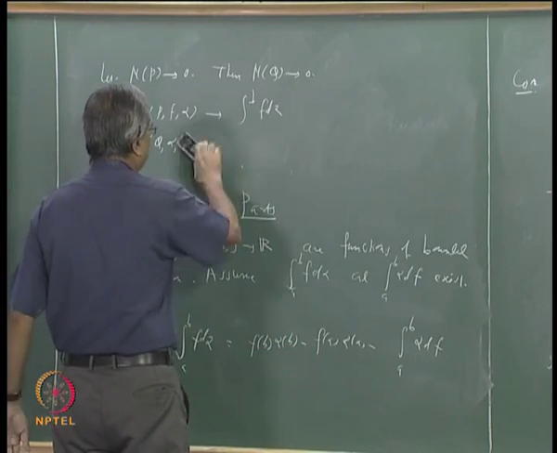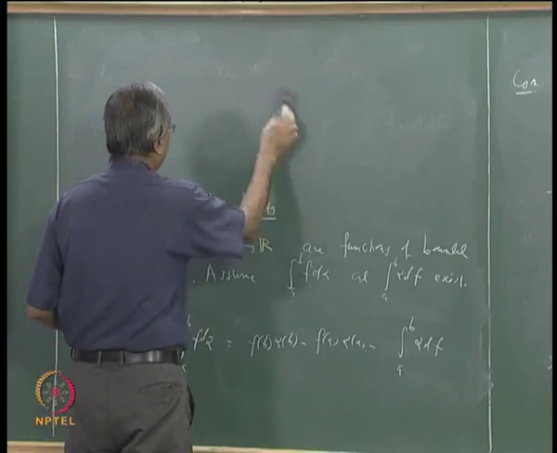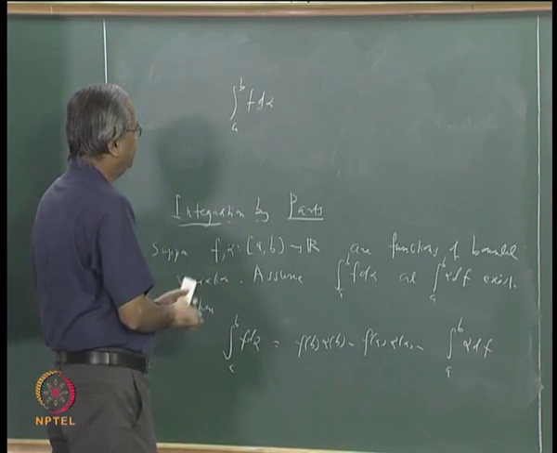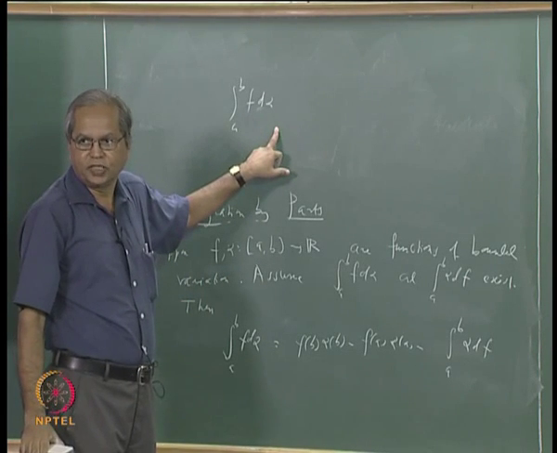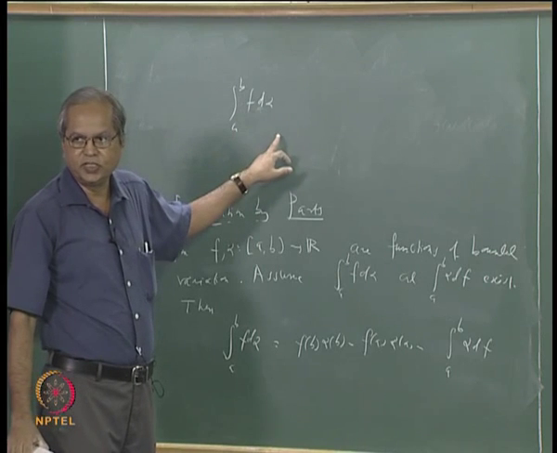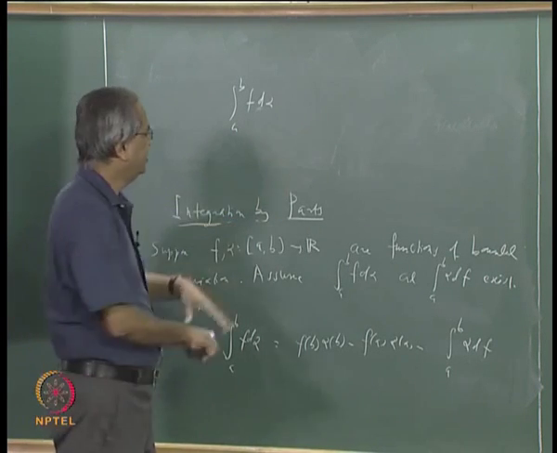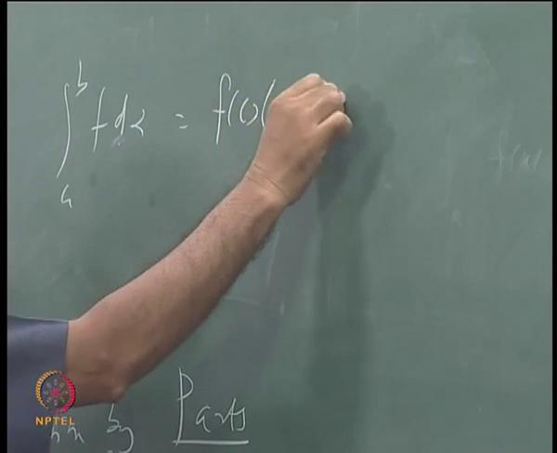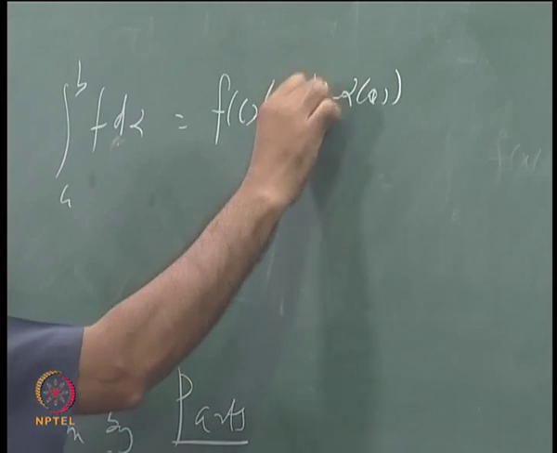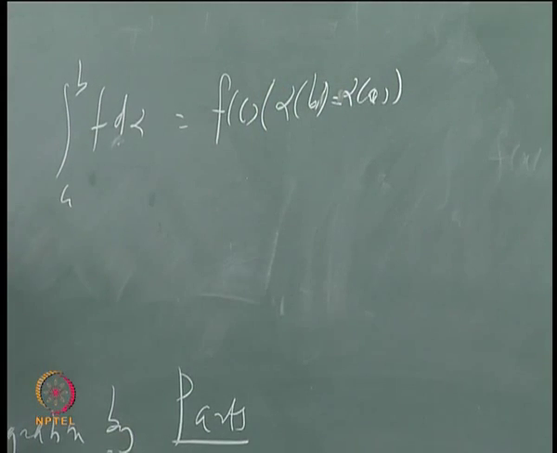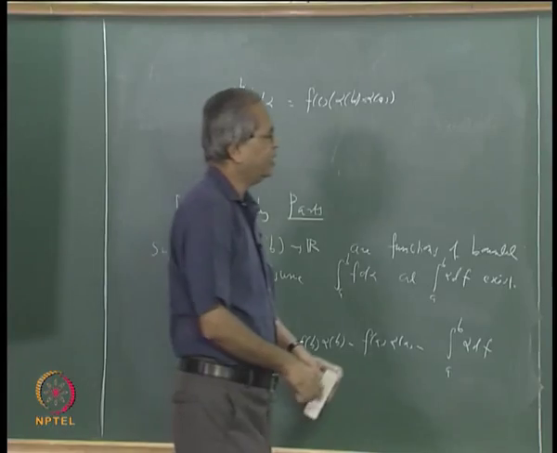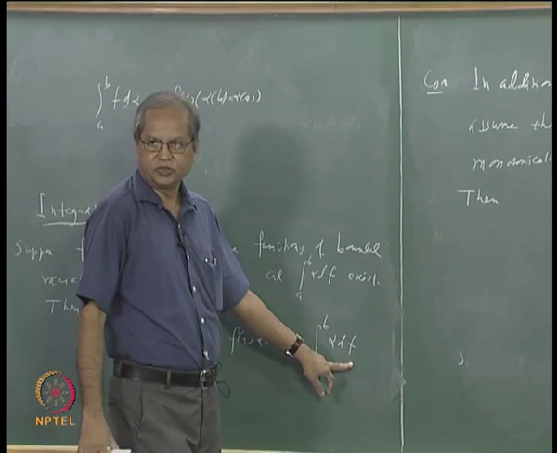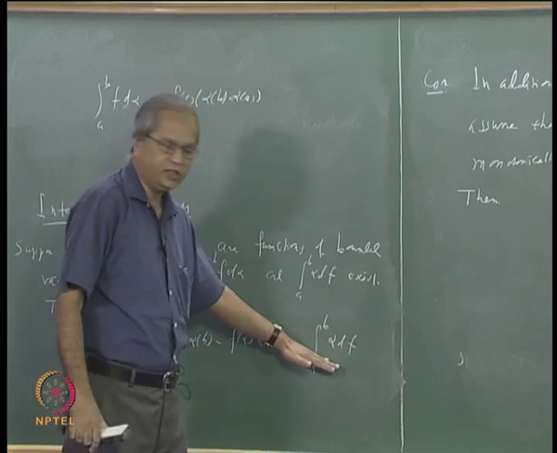See, if you recall the first mean value theorem of integral calculus, what we said there is that if you look at the integral from a to b of f d alpha, if f is continuous and alpha is monotonically increasing, we had shown that there exists a point C in the interval such that this integral is the same as f at C into alpha(b) minus alpha(a). That is what we had called the first mean value theorem of the integral calculus. Suppose I apply that to this term here; now I am assuming that alpha is continuous and f is monotonically increasing, so we can apply that to this term.